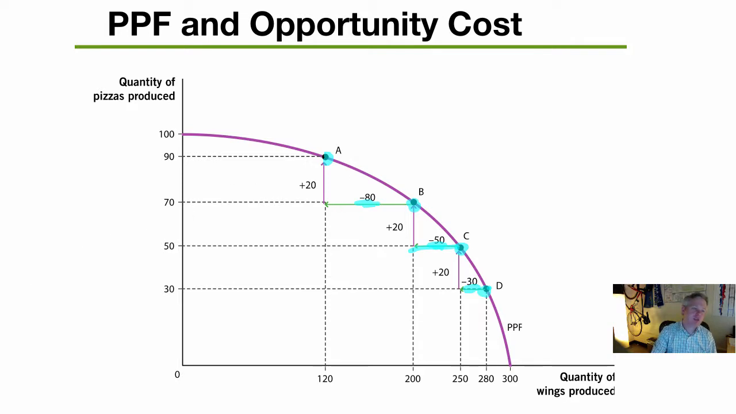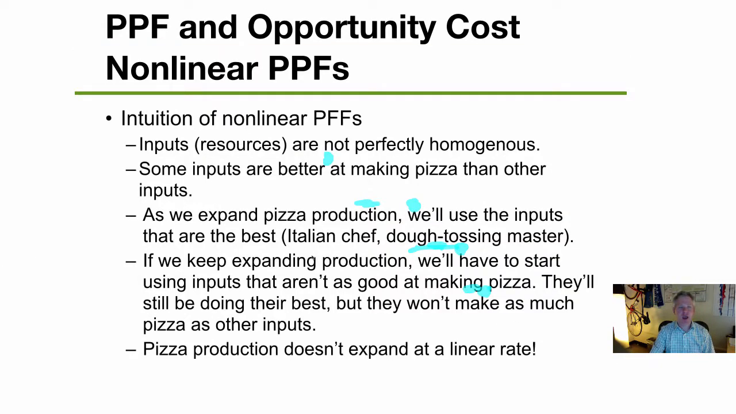And so that's why we have this bowed out shape. So why is it that you have to give up more and more? Well, inputs are not perfectly homogeneous. Some inputs are better for making pizza than other inputs. So if what you have on hand is fixed